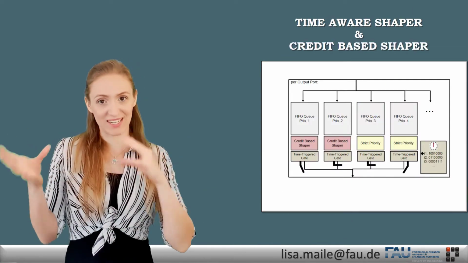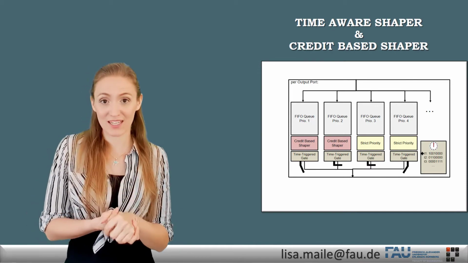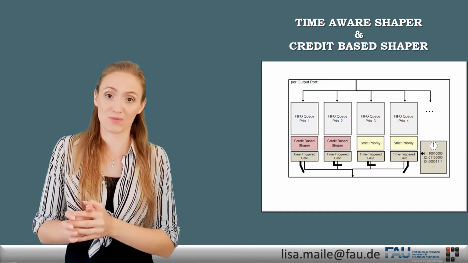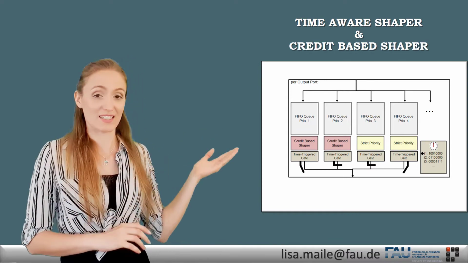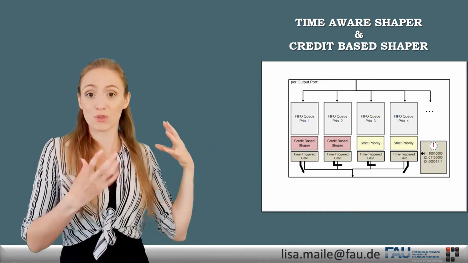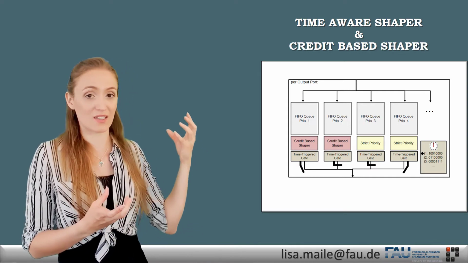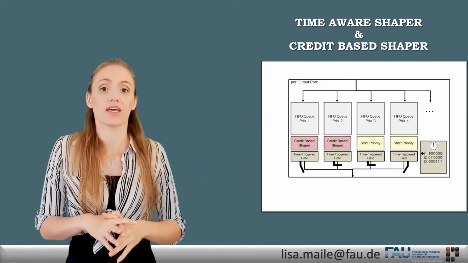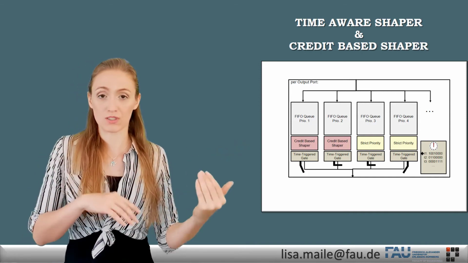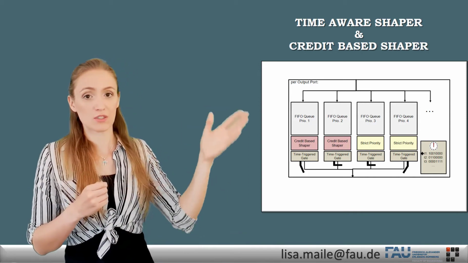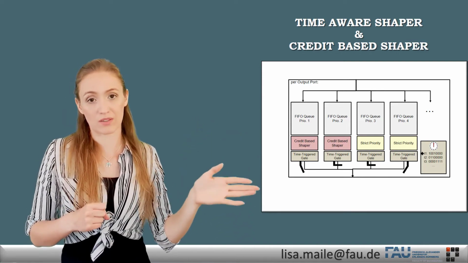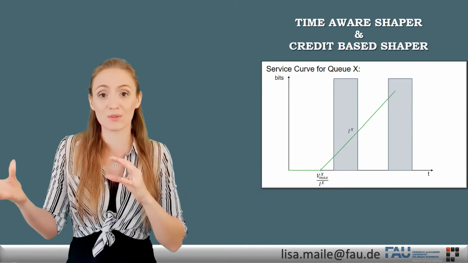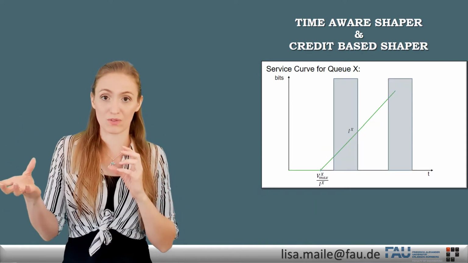Heading on to one of the next schedulers. We have multiple schedulers since we can also combine them and then need to define models for this combination. So in this case here, we would combine the most commonly known time-sensitive networking scheduler, which is called time-aware shaper, with the credit-based shaper. And we have gates before each queue, which are determined when they open and when they close by the gate control list. And in this case, we will see that we can just reuse the previously defined curve of the credit-based shaper